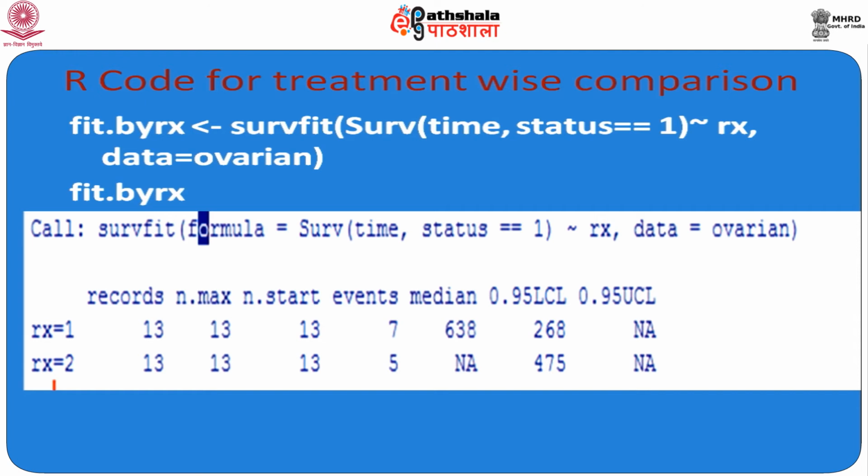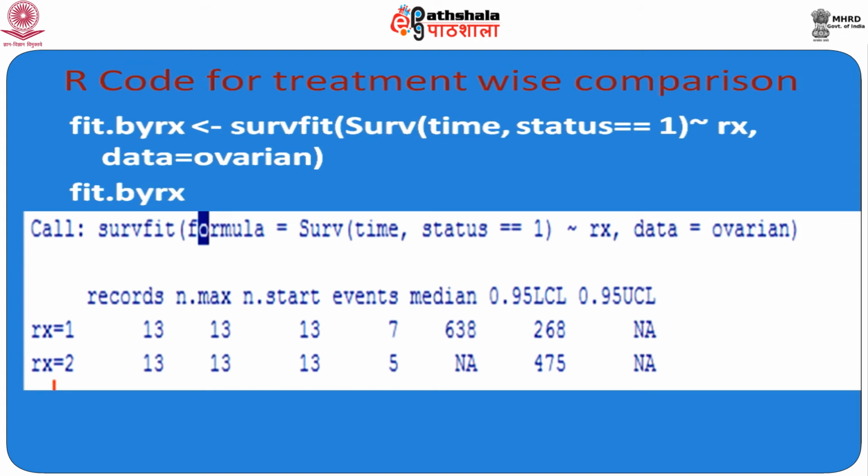It is to be noted that the log rank test is a hypothesis test to compare the survival distribution of two samples. It is a non-parametric test and appropriate to use when the data are right skewed and censored. It is widely used in clinical trials to establish the efficacy of a new treatment in comparison to a control arm. So here 2 can be considered as the control arm, and 1 can be considered as the treatment arm, and the treatment arm efficacy can be compared with reference to the control arm, that is Rx2 here.